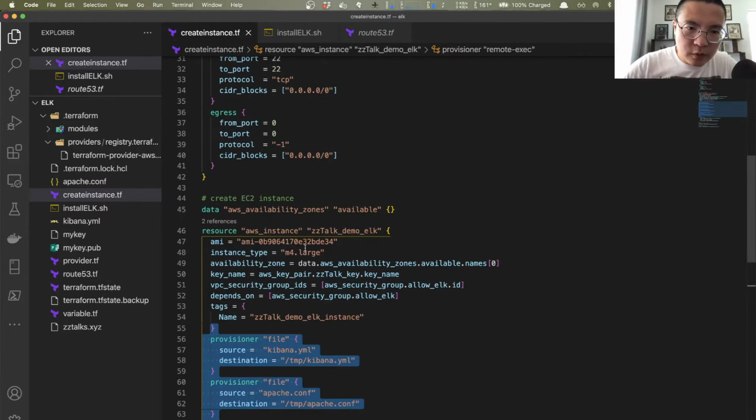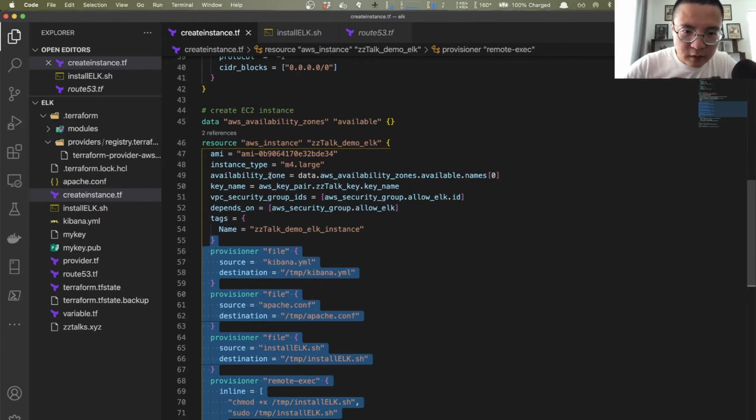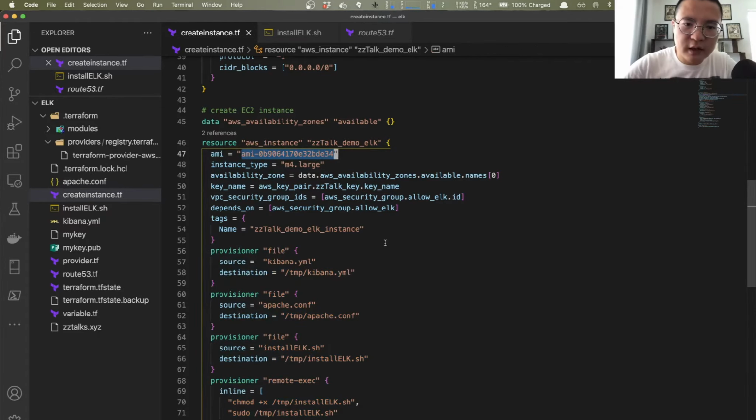So moving to the key section for creating the EC2 instance down here, I'm just hard coding the AMI and instance type. It's still going to be an Ubuntu instance for the AMI right here, and